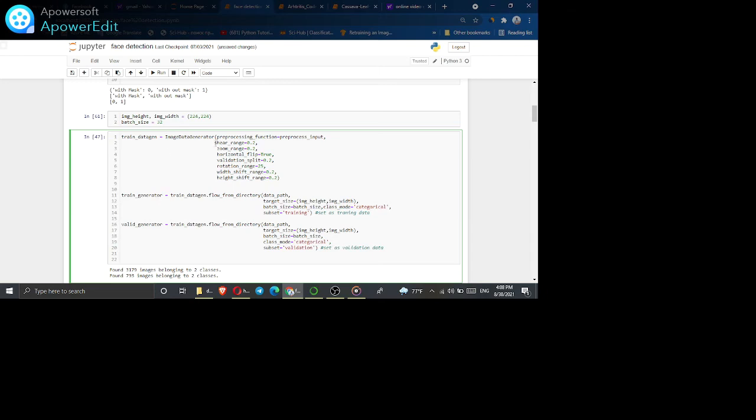So we apply to all images these attributes: shear range, zoom range, horizontal flip, validation split. From the total images, 20% of the dataset is for validation and the remaining 80% for training. Rotation 25,